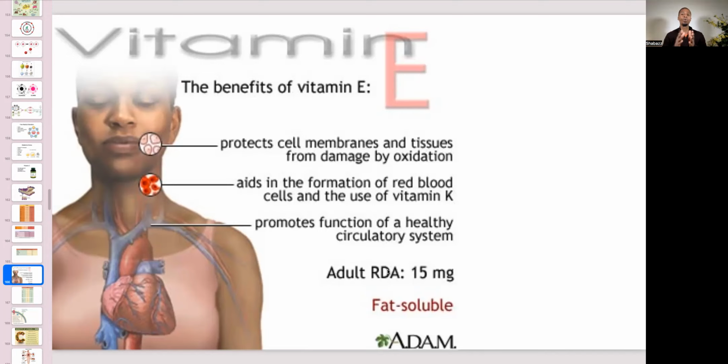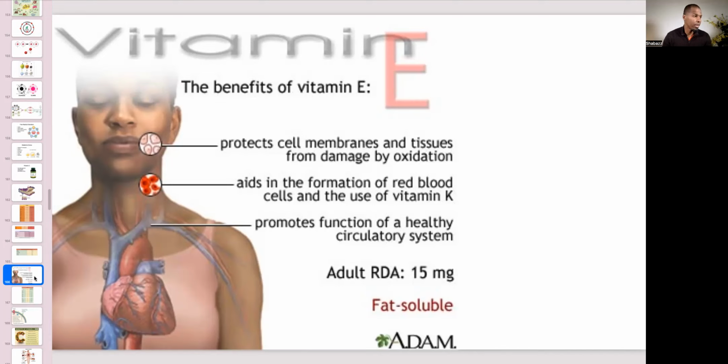So where are we going to get this vitamin E without supplement form? We don't want to do supplements. If we can get it naturally, where are we going to get it? And the source that we're going to get it from, we're going to look at the same chart that we did last time, where it's going to give you how many milligrams of vitamin E you're going to get per 100 grams. And of course, how much you need of that certain food to get the recommended daily amount, which is between 10 and 15 milligrams.